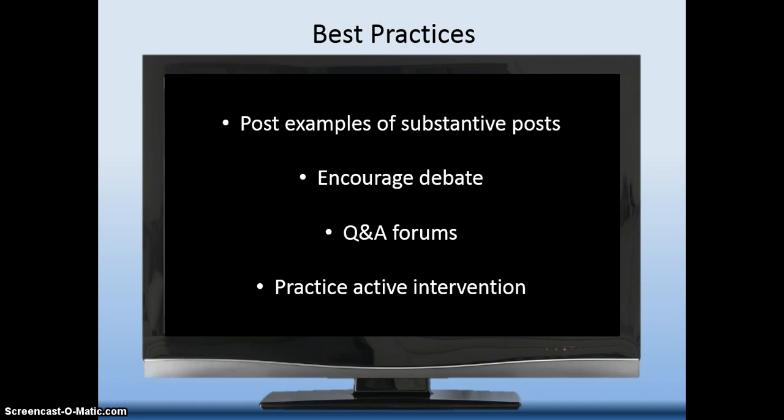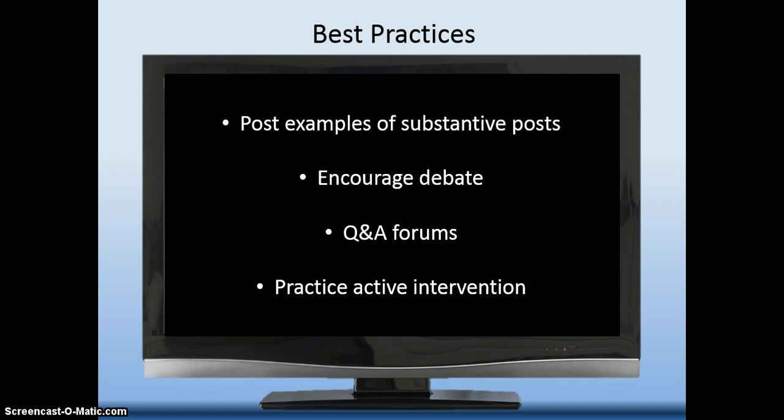So after you've marked the first discussion board, find a few students who've done really just a top-notch job in their discussion, and then in an announcement post their names. First ask if they're alright if you share their name with the class, and then post that to the class and have the other students go and take a look at their work and see what your expectations are for a high A, or for a really good example of a discussion board. If you're going to be doing that on a continual basis, it's good to switch up the students that you're using as examples.